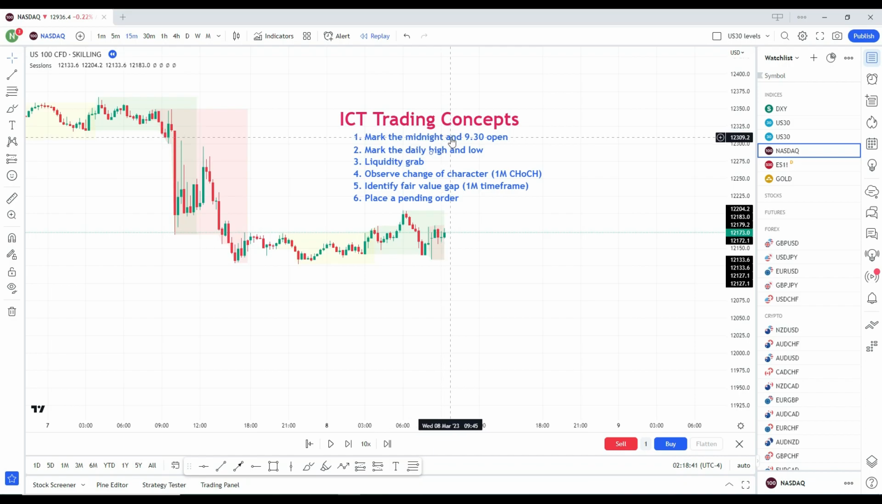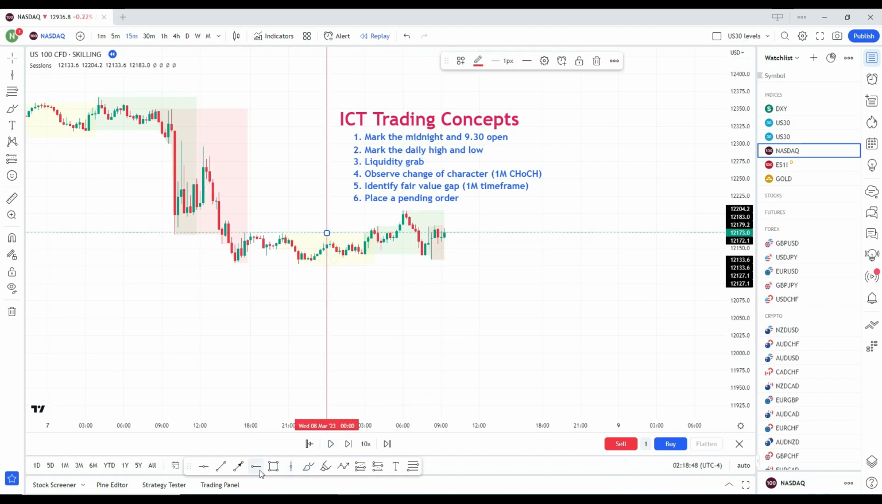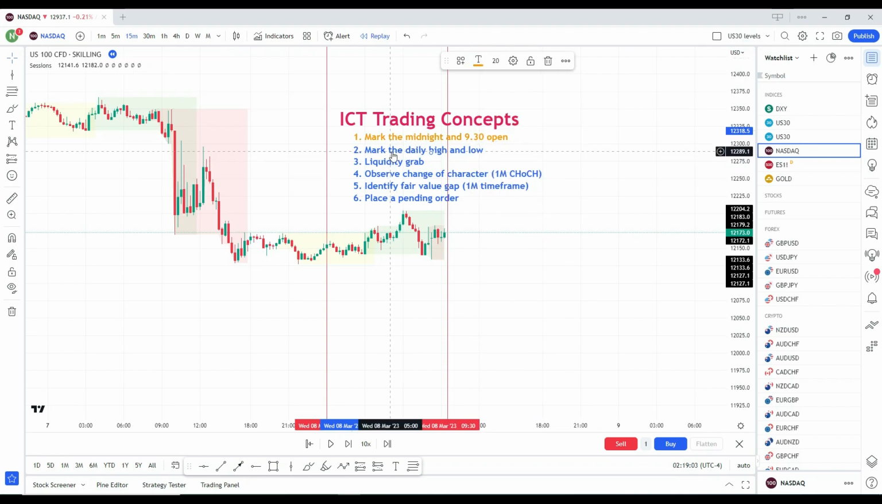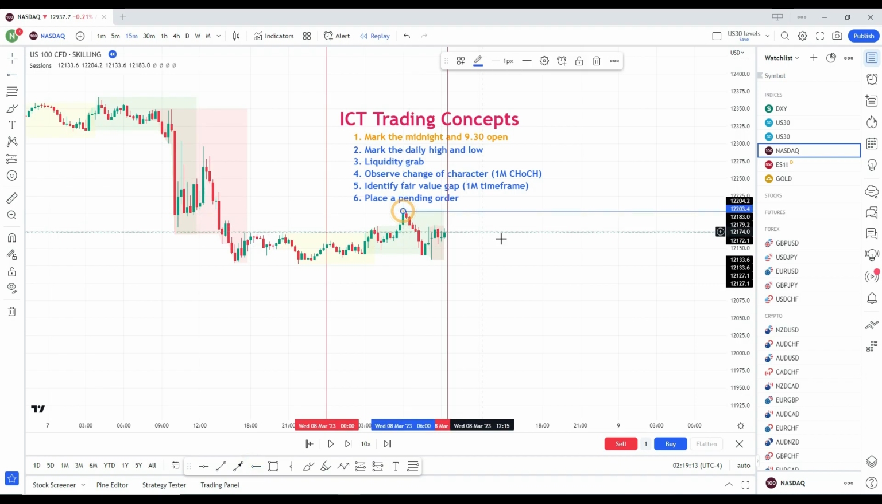So first we mark the midnight and the 9:30 open. This is midnight. And the 9:30 will be this. So this is done. Next we mark the daily high and daily low. So daily high so far, daily low,